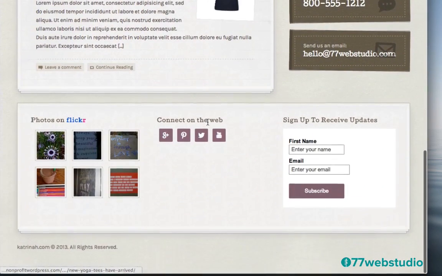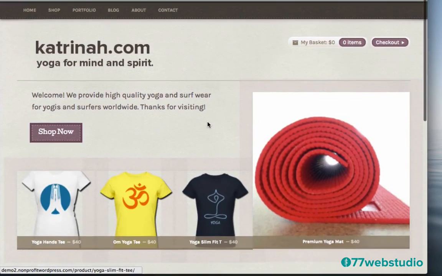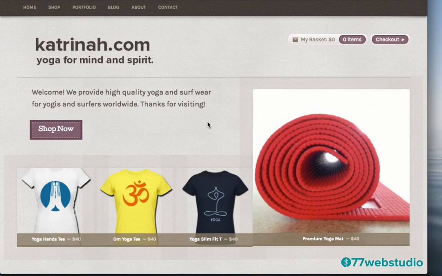So this is the default color scheme, but this particular theme comes in a number of other colors that with a click of a button, you can change the entire color scheme from the default colors here to indigo, honey, yellow, orange, and a few other colors to choose from. So that's great because you can really match the colors to match the branding and the look and feel that you want for your business.